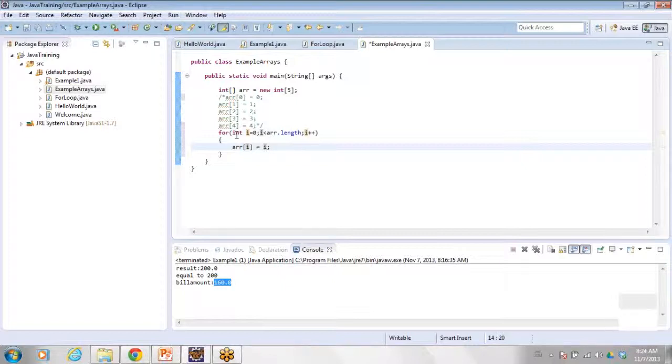So for each iteration it will increment the value of i until the length of the array is reached. So the length of the array is 5. So till i is less than 5 it will run this program and it will assign the values.